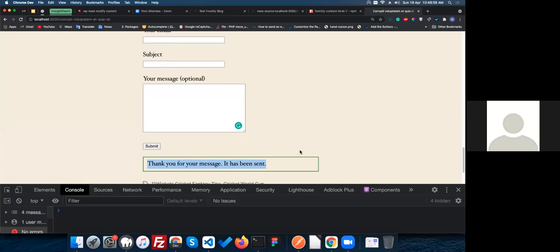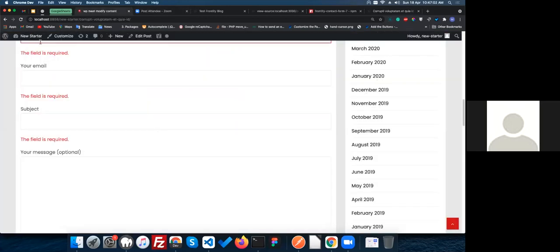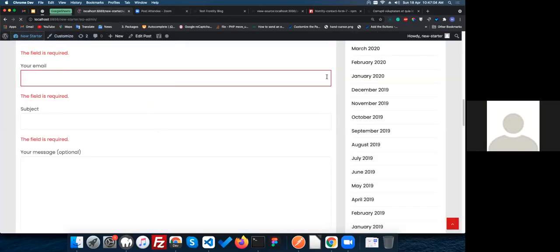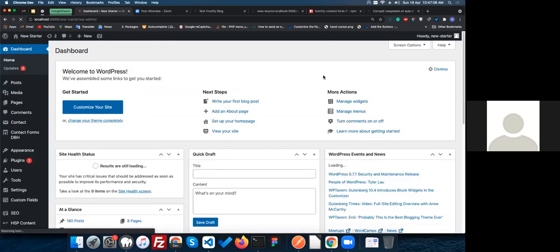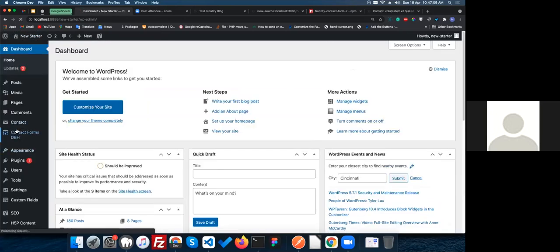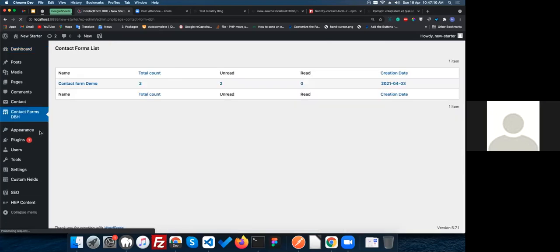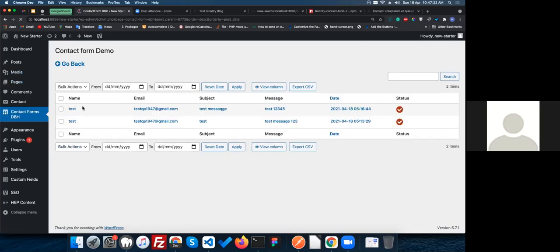If you want to check whether it's successfully integrated or not, you can also use another plugin which I have built in WordPress for fetching the contact form data from the contact form and showing it in your backend. As you can see here, I have installed one plugin, contact form DB. Here, as you can see, contact form demo, which is currently my contact form available in my system, and the submitted data from Frontity.